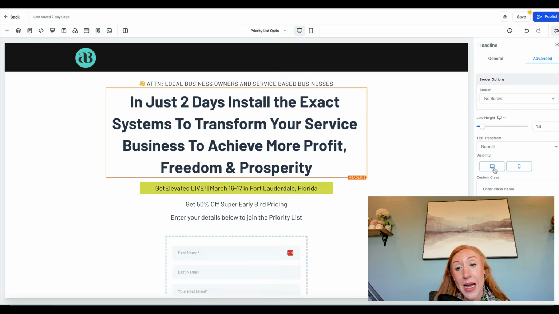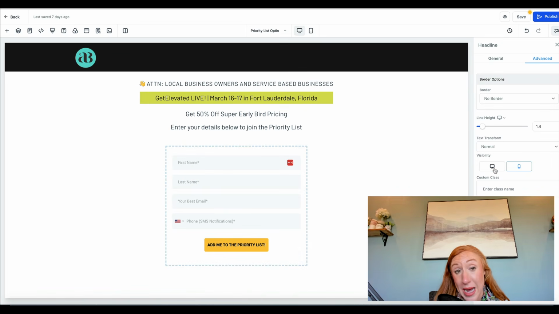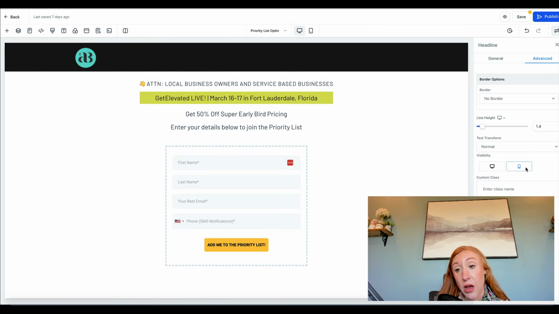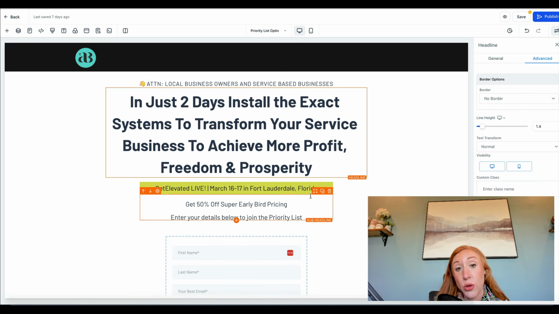If I unclick the desktop icon, we no longer see it here, but I do see it on mobile. So whatever option is selected, that is where it will be present. But now if I hop back over here and I turn that back on, we can see it. So it's very, very important if you are editing a funnel from someone else in particular, that you go to